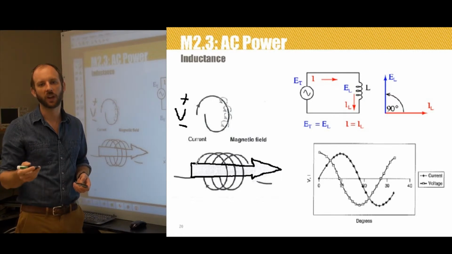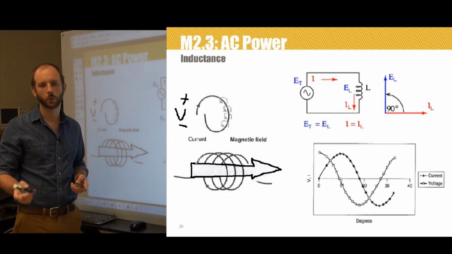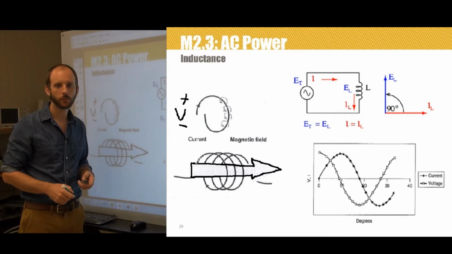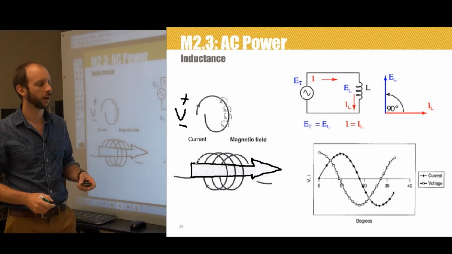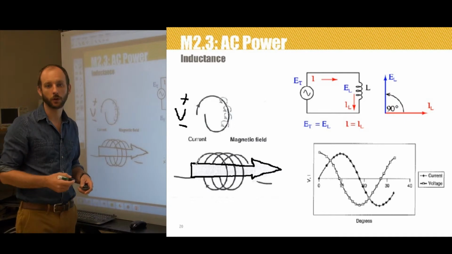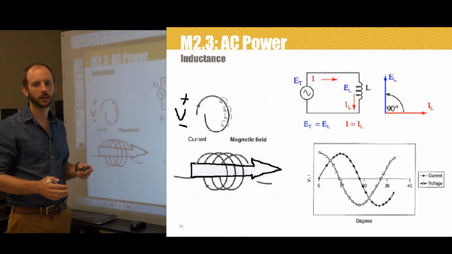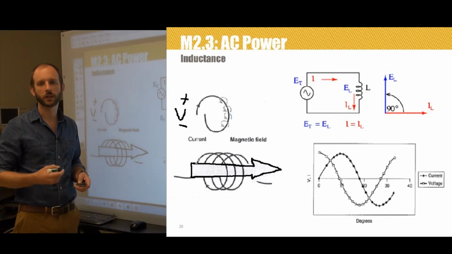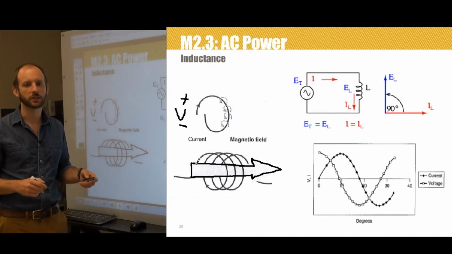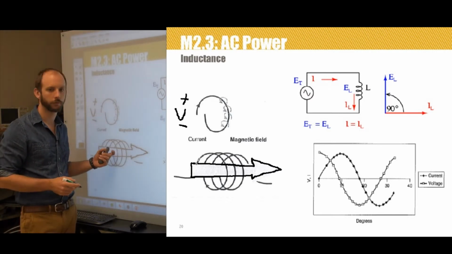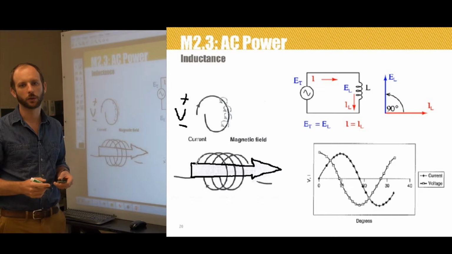the current will lag behind the voltage by 1/4 cycle, or 90 degrees, right? Quarter cycle, or pi over 2 radians. So we can also visualize this as a 90-degree rotation counterclockwise between the current and the voltage vectors. As the magnetic field increases and decreases during the AC cycle, it is storing and releasing energy. This energy isn't being dissipated, it's really just being exchanged between the magnetic field inside the coil and the rest